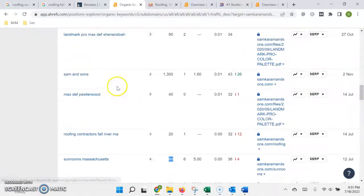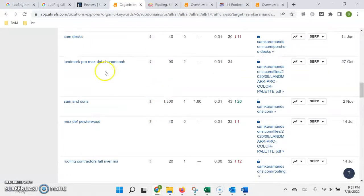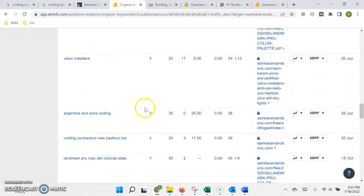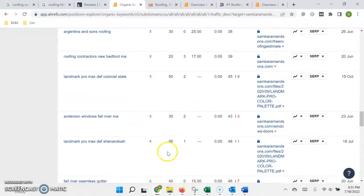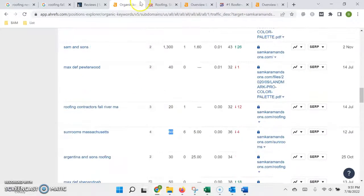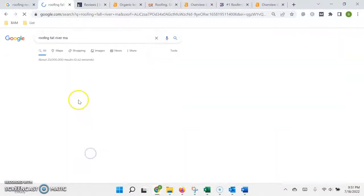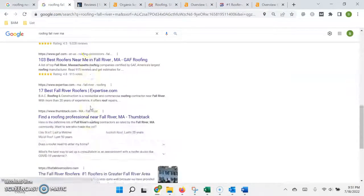Then we do that same thing for all the highest volume keywords that we can find in your area and make sure that those are included. So that way all of them are clicking on your website and calling you, and you're getting the business. Now, one more thing I wanted to note, that this company right here is outranking you. They're on the first page,